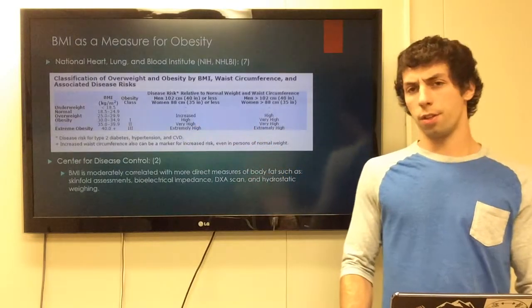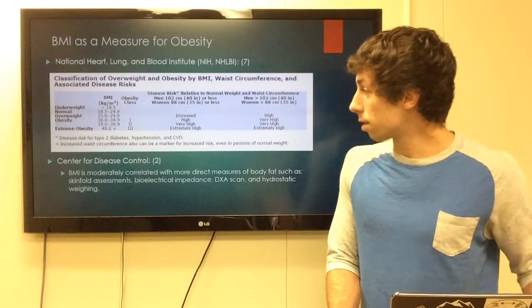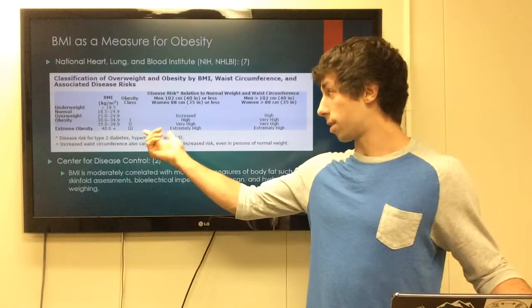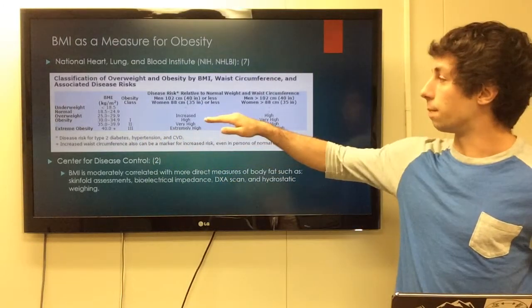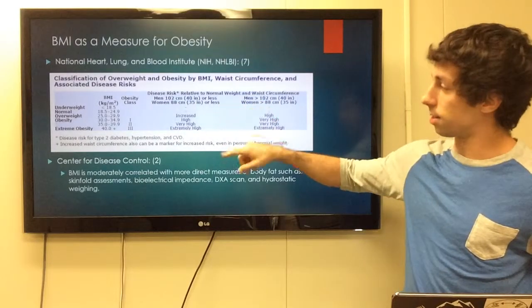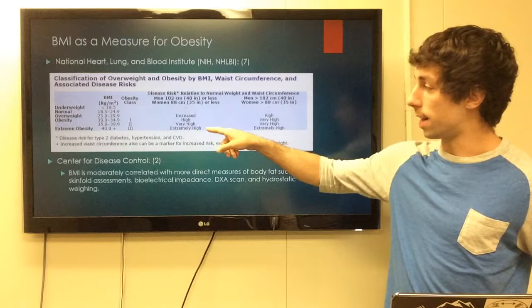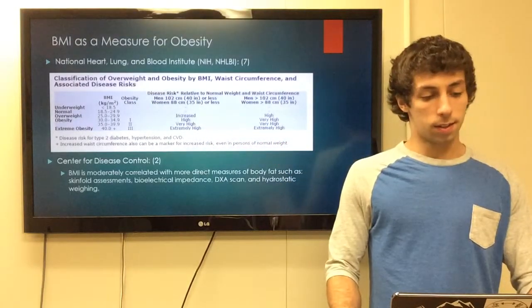So 30 to 35 is class 1, 35 to 40 is class 2, and then morbidly obese, extremely obese, or just class 3 is 40 plus. And they just give these qualitative disease risks as increased, high for type 1 obesity, very high, and extremely high for type 3 obesity. And then the CDC,